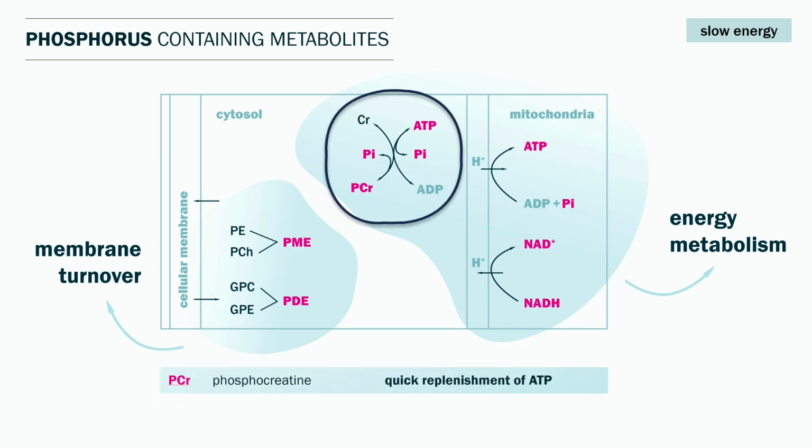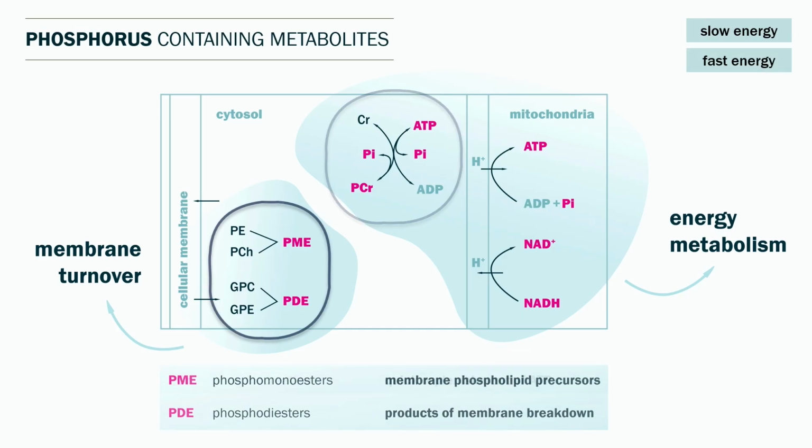And then the second one we have is phosphocreatine, so PCr, which serves as an alternative source of ATP in case mitochondria are not sufficient. So it serves as quick replenishment of ATP, which is why we will call it fast energy. And then finally,